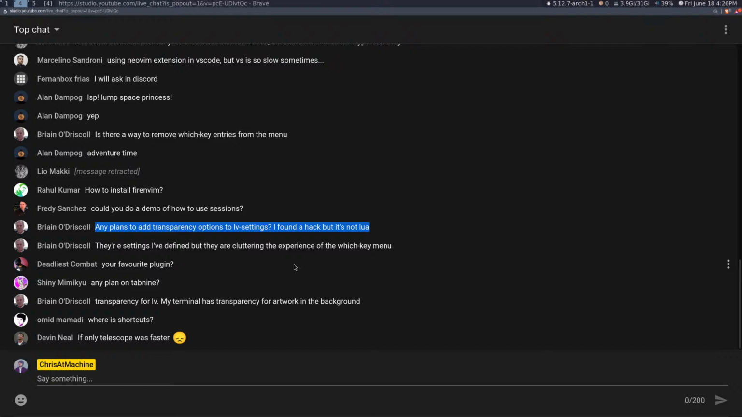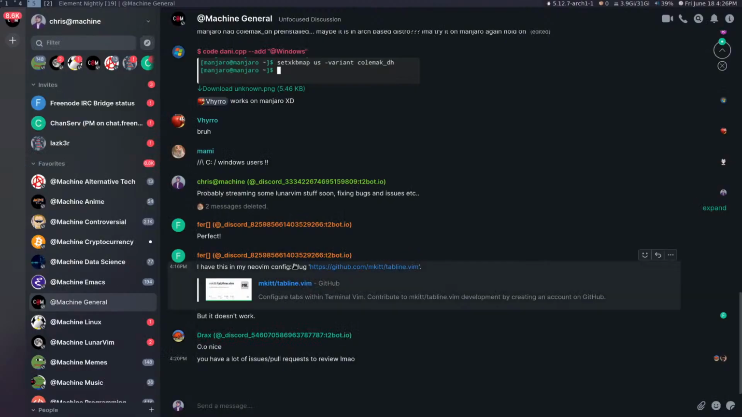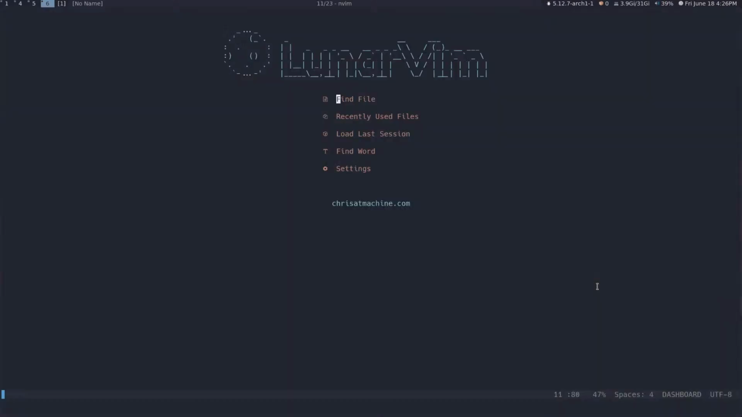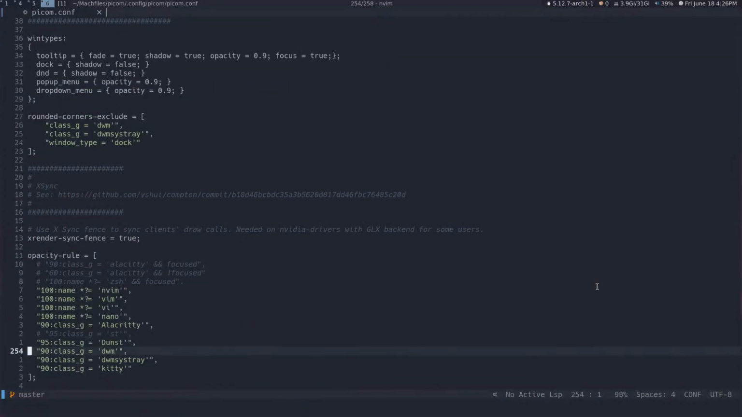Transparency for LV. My terminal has transparency for artwork in the background. Shouldn't that still just be terminal stuff? Why would that matter? Mine turns off, right? If I go over here, you can still see through everything, right? It turns off when I open NVim, but the only reason it does that is because if you go into config, picom, and then picom.conf, and down here, I just make sure that the opacity rule is any single time that NVim